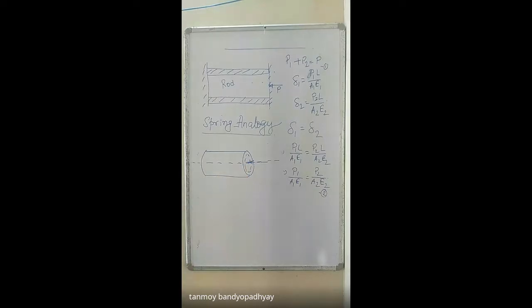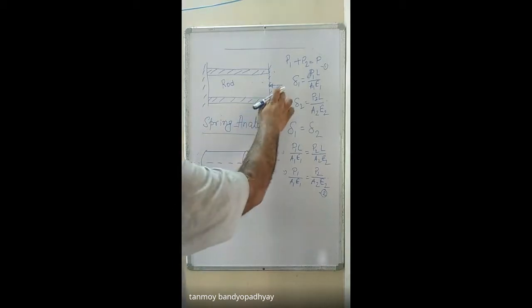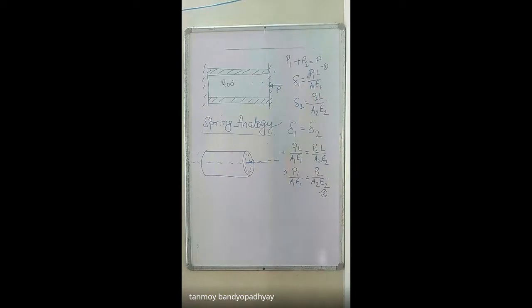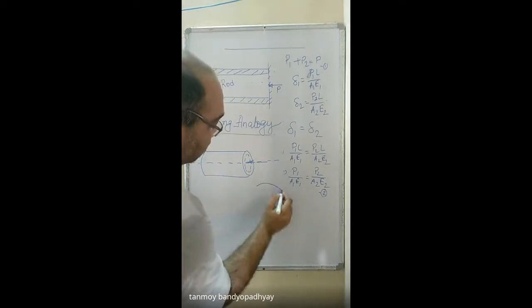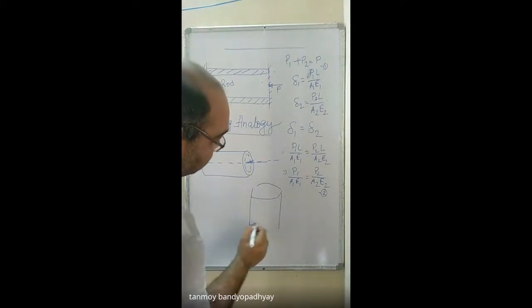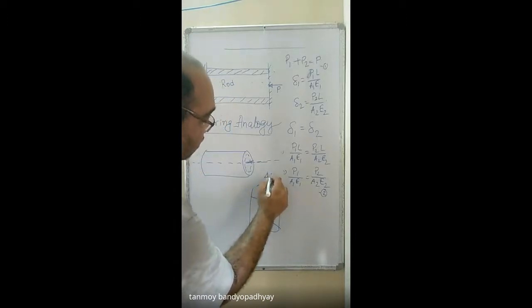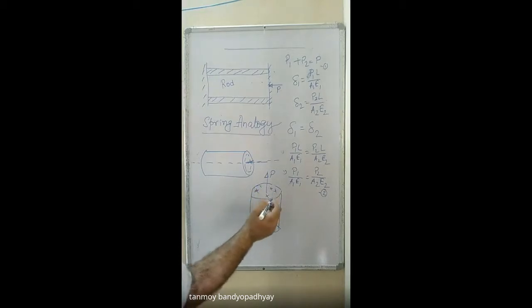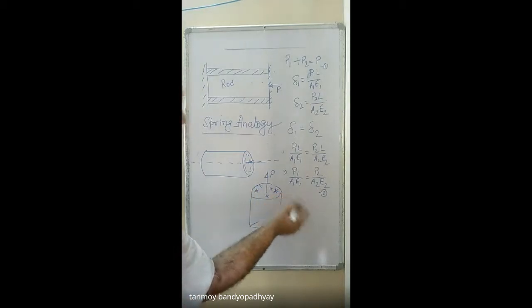So whenever we are working with these things, whenever we are calling P1 and P2, they are the loads on the tube and the rod. They are actually the average loads. They are the distributed load. It's entirely distributed over the cross sections. The thing that we discussed in the first class: suppose I am taking a cross section like this, and I am assuming that a load is acting here. If you say, sir, at this portion there are no loads, so how do we apply loads here? We take an average of these things.